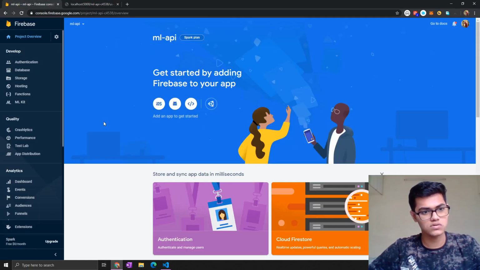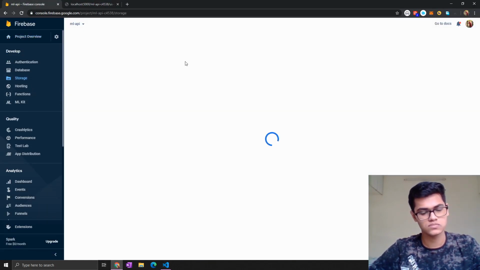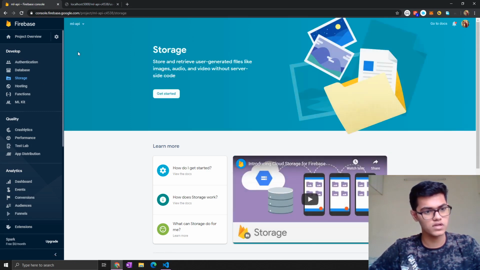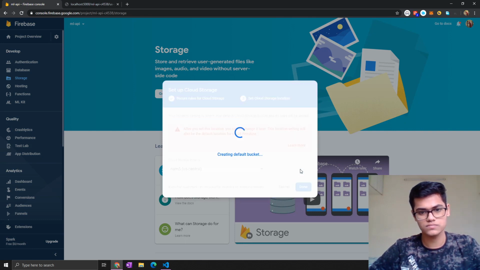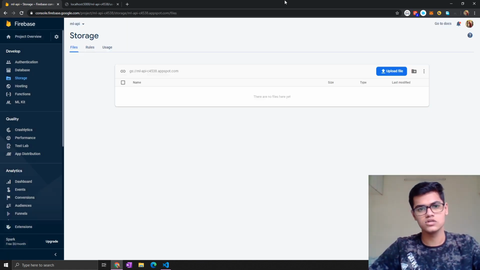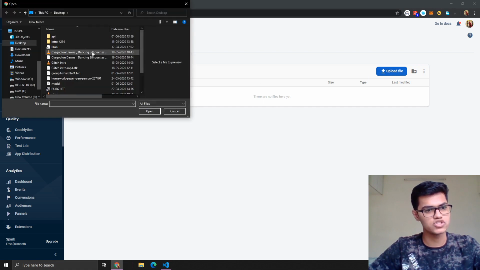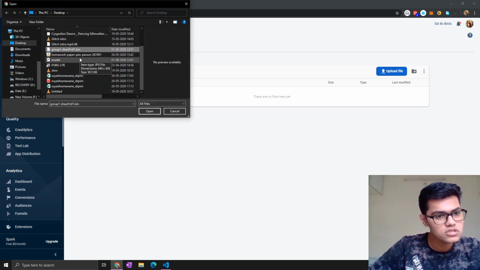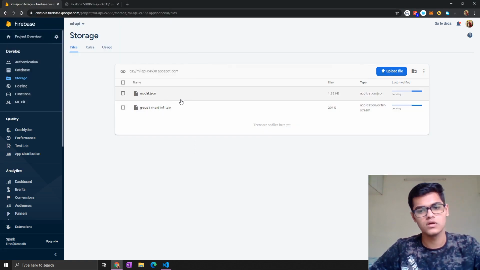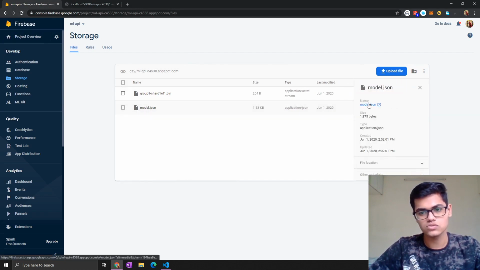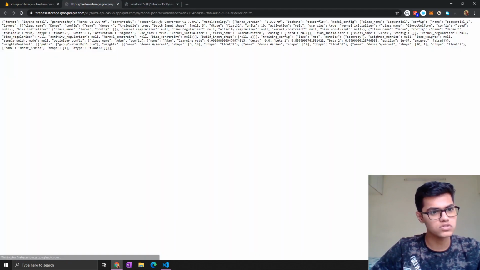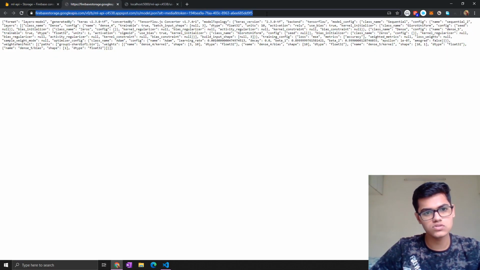So we will just go to our storage. In storage, we will create a new bucket, and okay, done. This also takes about 10 seconds, so I will just skip it. Okay, it is done. Now we will upload our files, which are this shard and model. So both files, open. Now it will load everything, and now we require this link, so that first we will check whether it's hosted or not. Okay, so our JSON is hosted correctly.